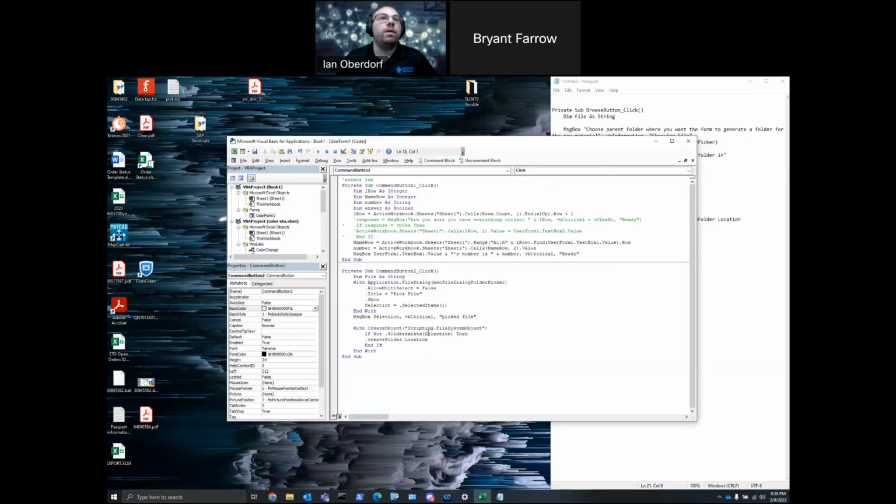Instead, I want to go with where the file was, where I want my folder created, and then we'll say, what do we have in our text box? How about that? Browse, create folder location, and we're going to put a quote, new folder. Okay, but we've got to make sure we add our / here. So a new folder is going to be generated, and it's going to say new folder. We'll say my new folder. How about that? My new folder. Okay. So now when I run that command,